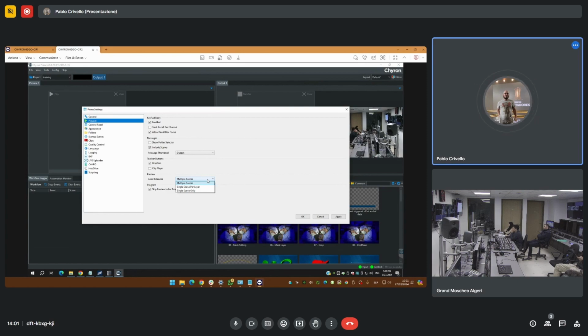So the idea is that on most of the stations, they use layer 1 through 100. So they have, for example, the 10 layers for lower thirds. From 11 to 20, they have OTS. Layer 50, they have full screens. Layer 70, they have bugs. So things that you need to have at all times take priority. The higher the layer, the higher the priority of the object that is going to show. But on some